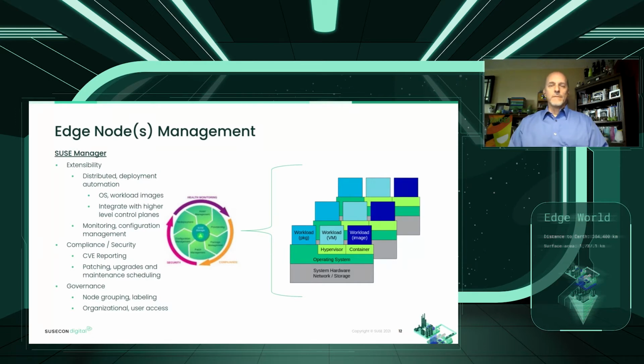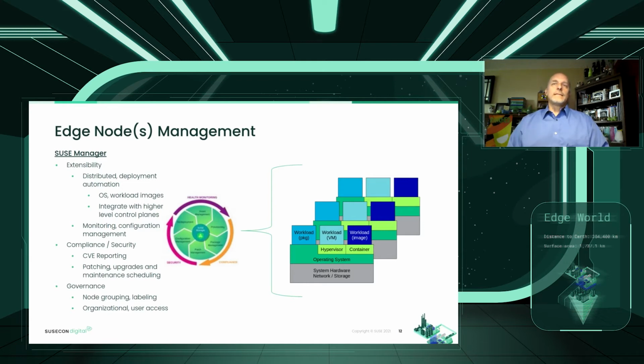Furthermore, you may just want to be able to patch and upgrade or just do normal maintenance cycles of, the third Sunday of this month between 1 and 3 a.m., I want these set of nodes to be patched and updated on a regular basis. Okay. With SUSE Manager, you can do that. You can schedule it and say that those nodes are in this maintenance cycle and they need to get this done. And you can stage the updates ahead of time and test it in a core, in a data center, somewhere environment to make sure that it's okay. And then you say, make that happen on the third Sunday.